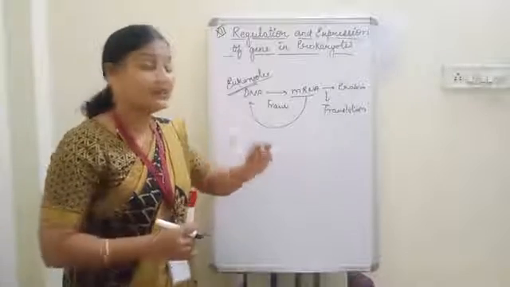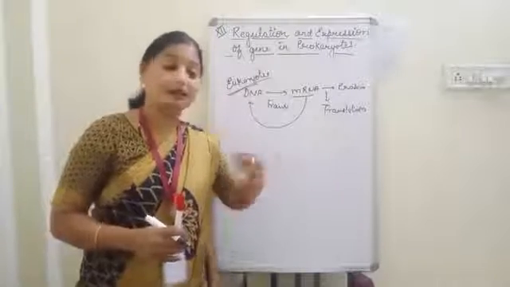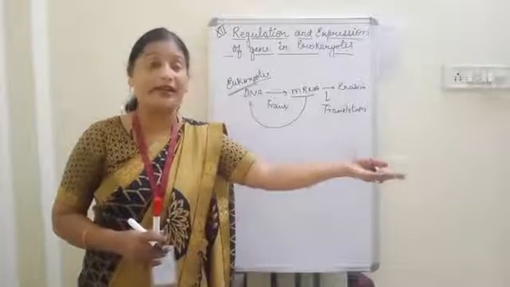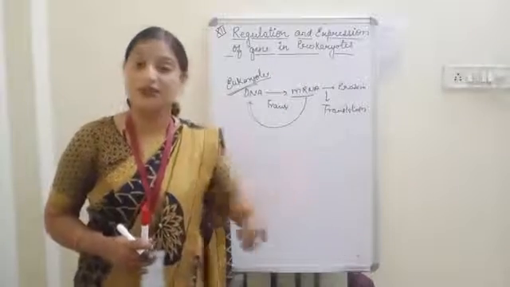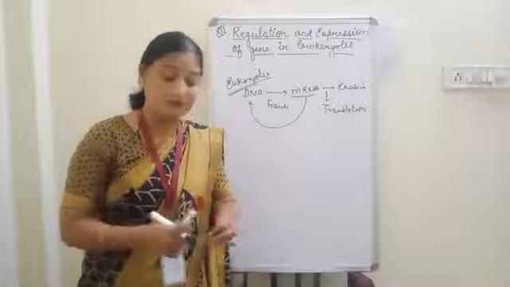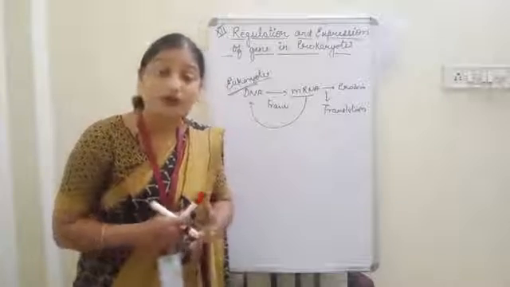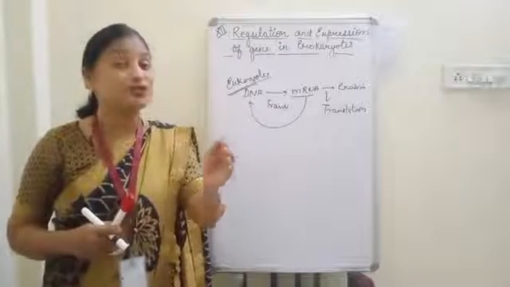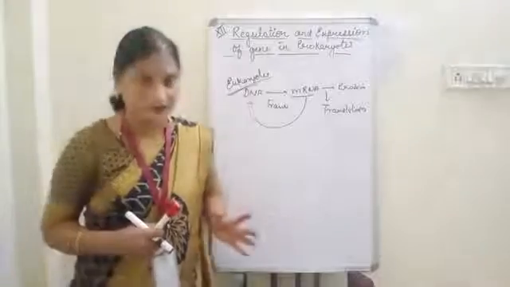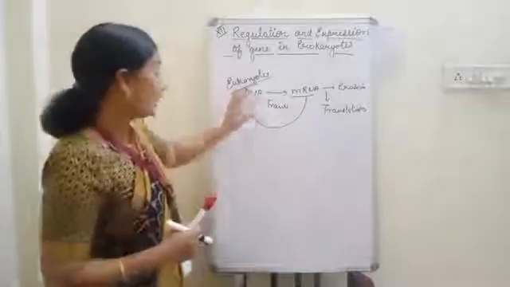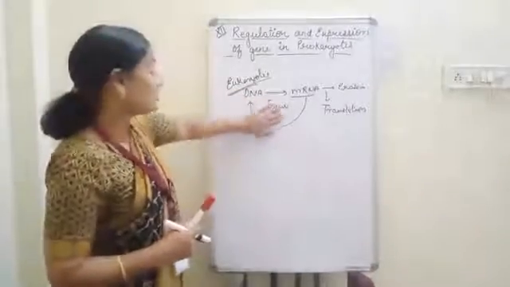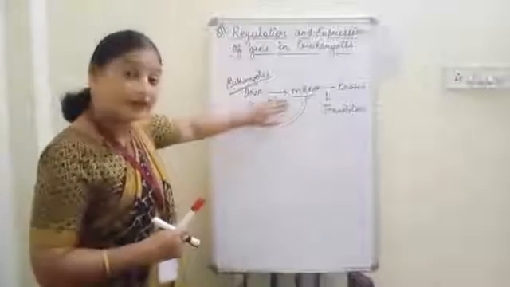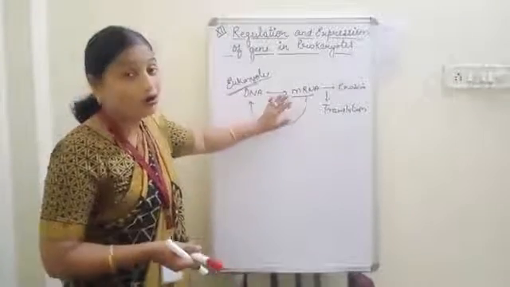Okay, whether the information that has to be transferred to tRNA and rRNA for protein synthesis is correct or not. So this is called the expression of the gene and the regulation of the gene. Okay, so in the case of eukaryotes, this is the first step where the gene can regulate all the expressions of